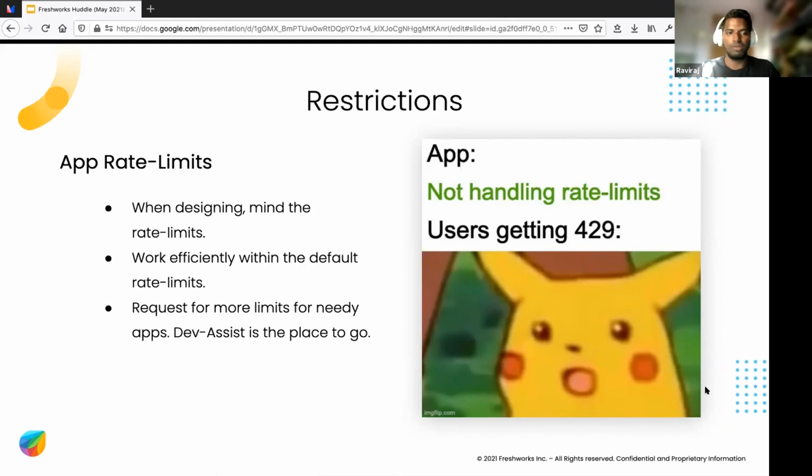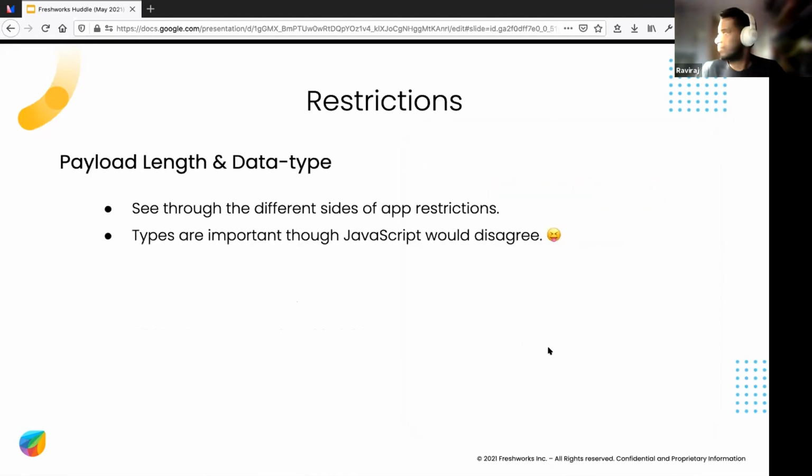Sometimes, when there is a bigger customer and you may not be able to make it any more efficient, you might have to request higher rate limits for particular customers. For that we now have this device. You can go and request higher rate limits, until higher customers get automatic rate limits. Yeah. Next,